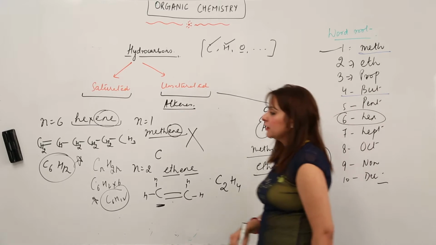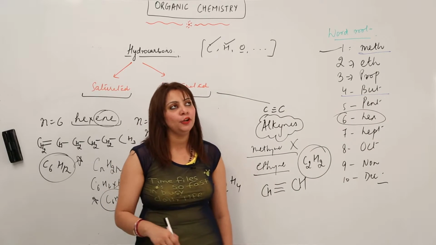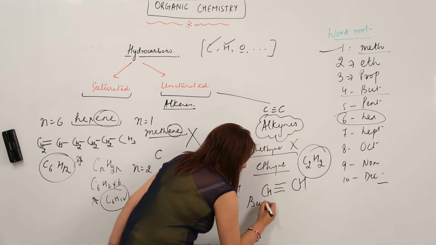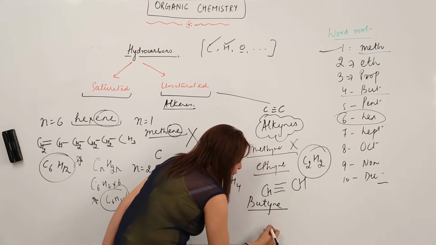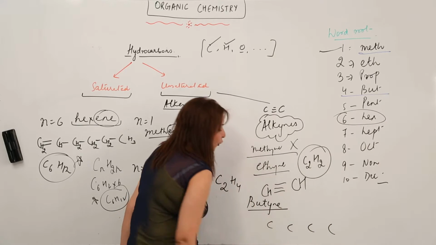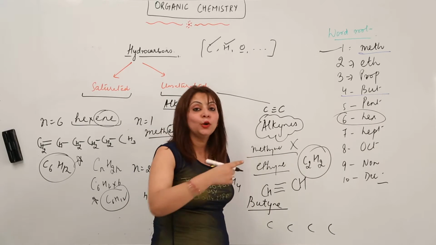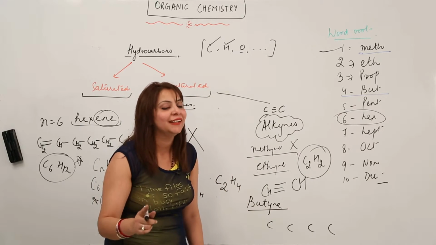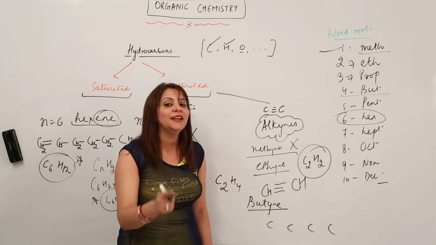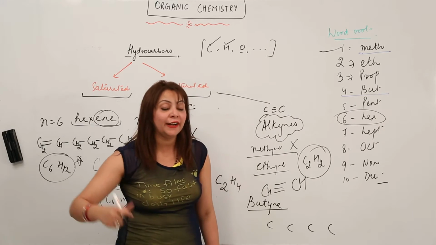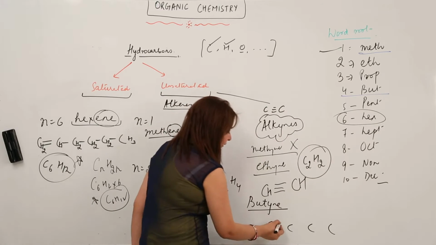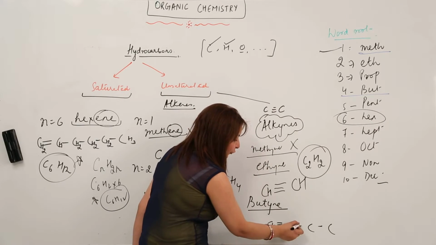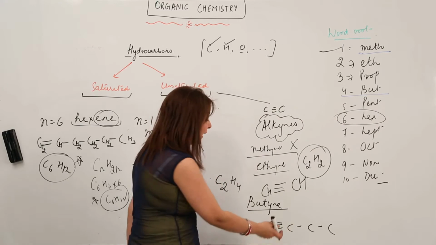And similarly, if I want to make an example of, say, the 4th member. Butyne, but means how many carbons? Yes, 4. Yne means again a triple bond. Do not decorate all carbon atoms with triple bonds, I am telling you again, right? Just put 1 triple bond, and that triple bond should be present at the corner, either this or that, and all the rest single. So 3, 1, 3, 4.